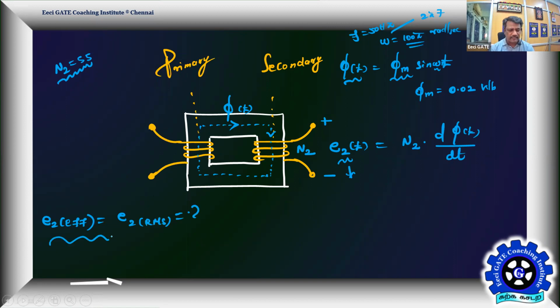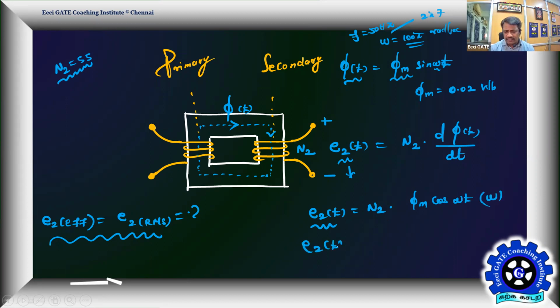We'll see how. First get the instantaneous induced EMF, very simple. So e2 of t will be equal to N2 into d phi by dt. After this, it's a very familiar route, pure mathematics only. This is what you need to remember; you need not remember expressions for functions of many variables. This is the simplest equation for the induced EMF as a function of flux and number of turns. So simply differentiate phi of t. You will end up with phi m into cos omega t, the differentiation of sin omega t, into omega. So that's your e2 of t.